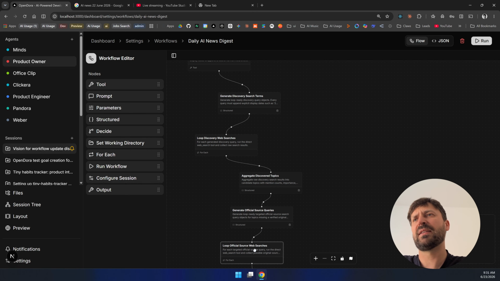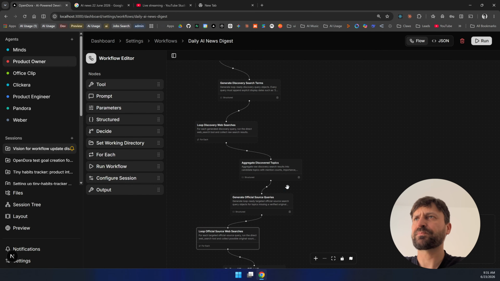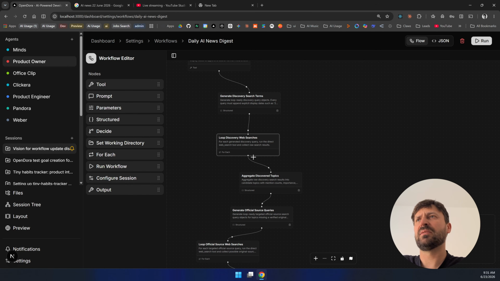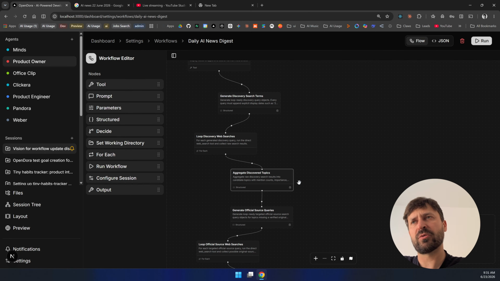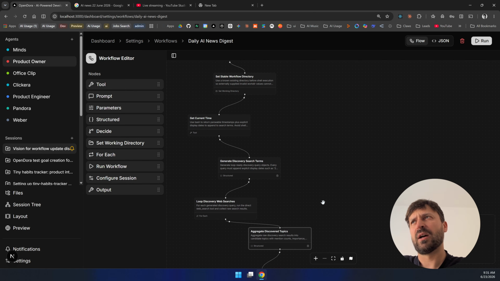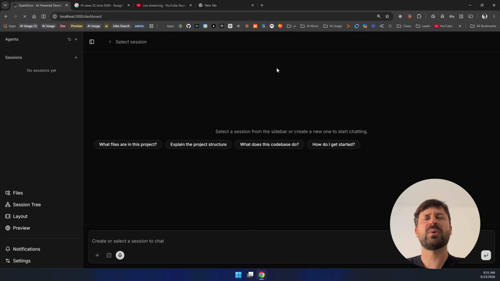But then you can conduct the searches. You can have a for each loop, as we do here, that will look for each search term and find any news, and then AI can go through them and decide which ones to keep, which ones to discard, and then move on to another. So I kind of think, one, yes, you can do everything with AI, but then you're wasting a lot of credits. I'm thinking the workflows